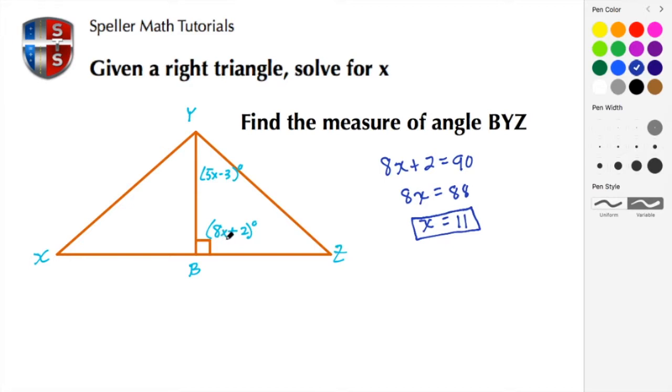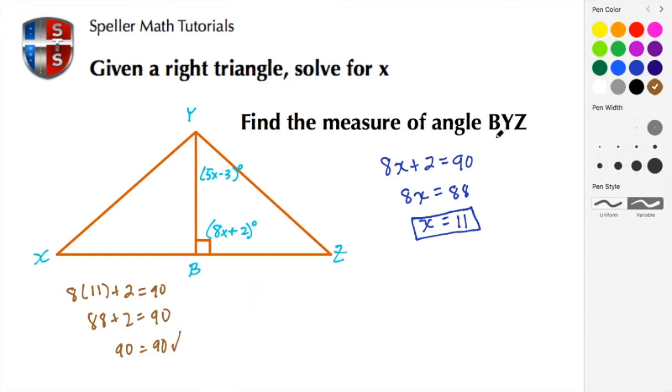So here we know that the x is 11, so let's substitute that back into this original equation, and let's do that check over here. So that's really 8 times 11 plus 2, and we know that should be 90. Well, 8 times 11 is 88. Then we rewrite the plus 2 equals 90, so 88 plus 2 is 90. So here we know that the value of x is correct.